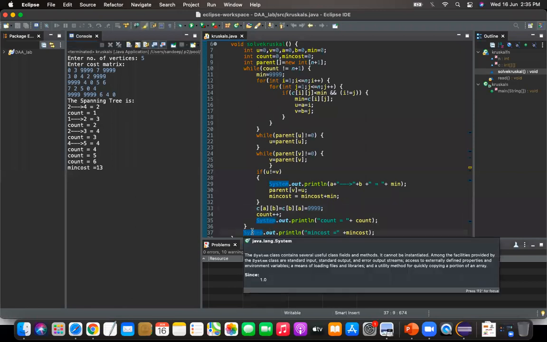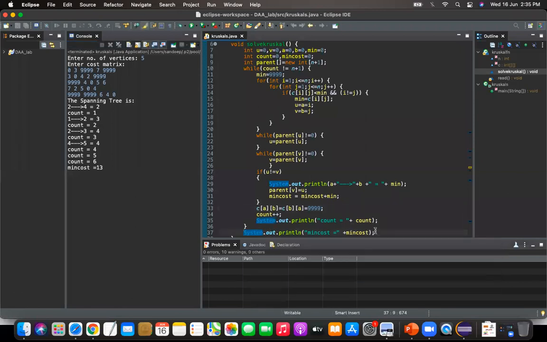See, one statement I'm printing. So spanning tree: 2 to 4, 1 to 4, 1 to 2. This count, you don't worry.